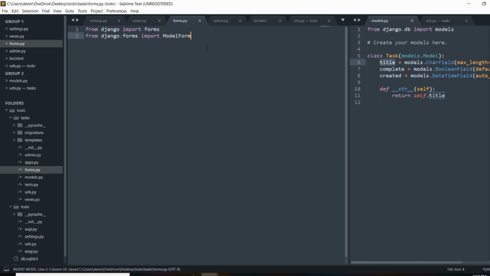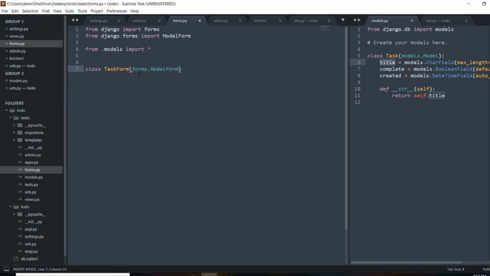So it'll make sense once I build it out, but I'll just start by building out a class-based form, and we'll do from models import, and I'm just going to go ahead and import all of them. And to create a model form, it's just a class, and I like to use a method of naming it whatever my model name is and just ending it with Form. So we're going to inherit from